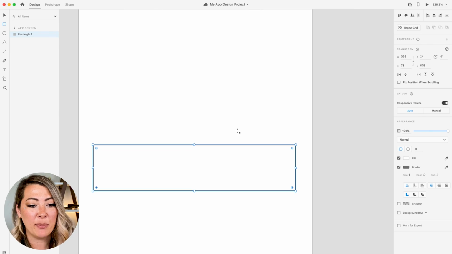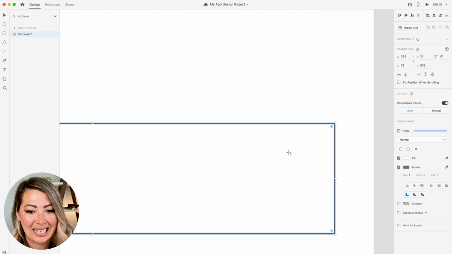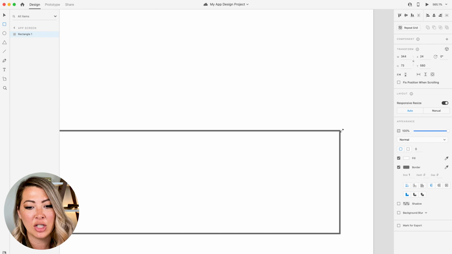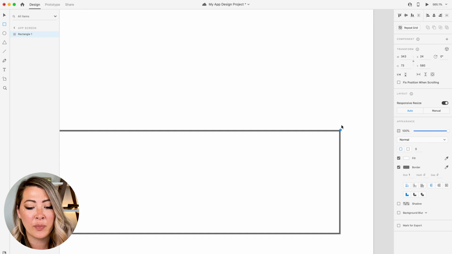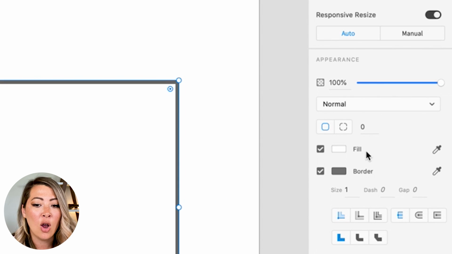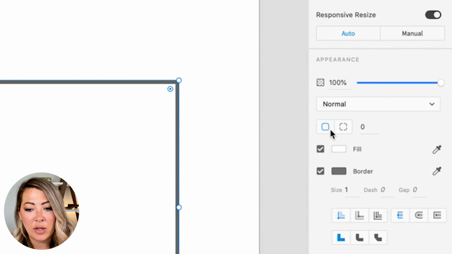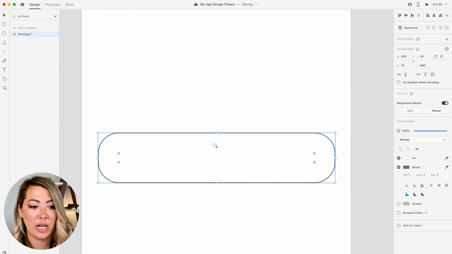Once you've laid out your shape, you're going to see two different types of points here. There is the hollow point on the outside, and if I drag that, that's how I can change the shape. Then there are filled in points as well, and if I select and drag, that changes the radius of the shape. So it can be a really rounded shape, or it can be more of a square shape. The other way that you can change the radius is in your property inspector. Over here on the right-hand side, you see that it's already enabled this little blue rectangle. If I want to change it to, let's say, 30, it's going to automatically change all sides.